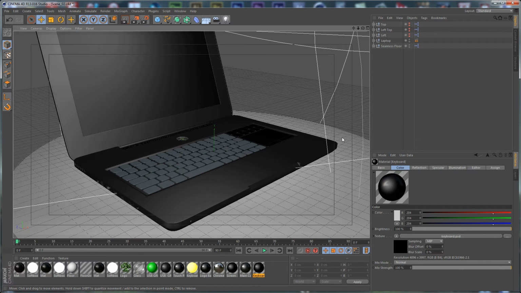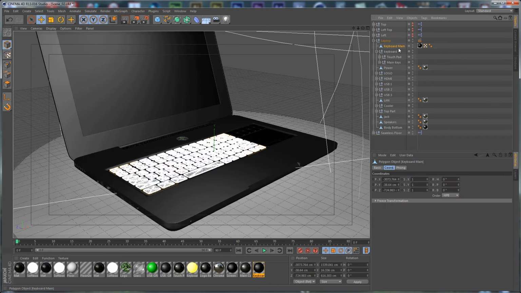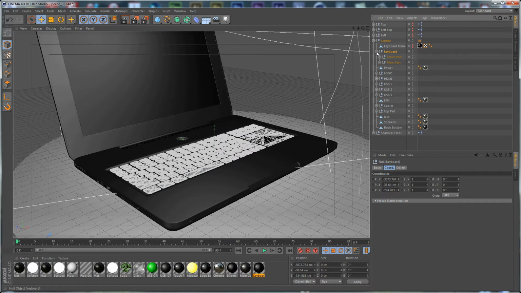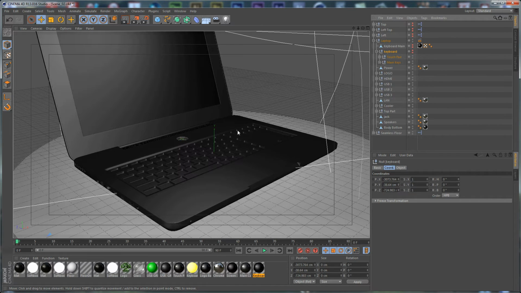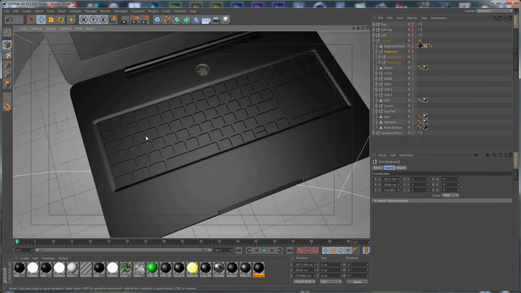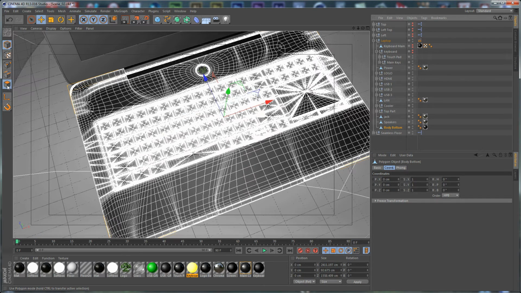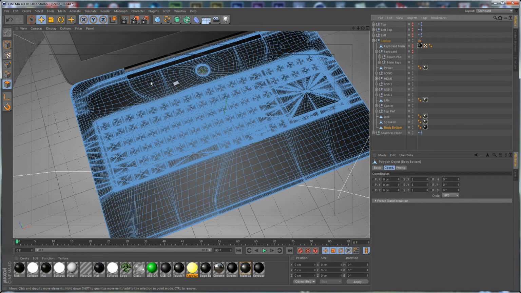So let's get started. Let's create our second scene here. First of all, what we need to do is open the laptop, select the keyboard, and alt click on the traffic lights to hide it, then select this keyboard here and hide it as well. Because what we need to do is make a selection below the keys and apply this material that emits light, and we need to select the bottom body and go to polygon mode, and after that go to select